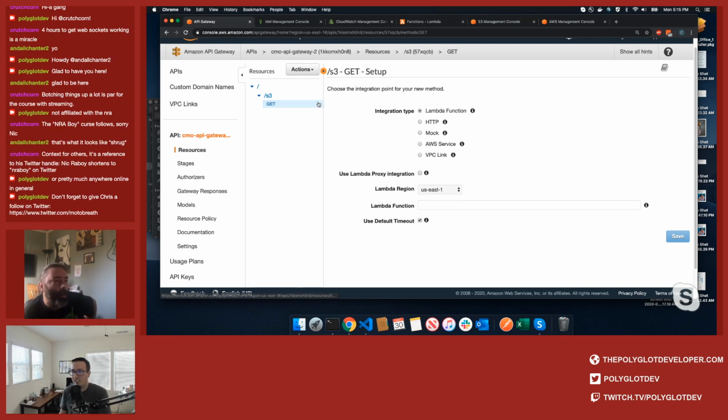So when I go to GET now, it wants to do the GET setup. So what kind of integration do we want to use? This is where you select that AWS Services if you wanted it. Yeah. For today, we'll just do a regular Lambda function. There's this one right here is kind of interesting. You can do a proxy integration. Sure. So we'll just say AWS API Gateway, just proxy all my requests right to Lambda, and then the reverse